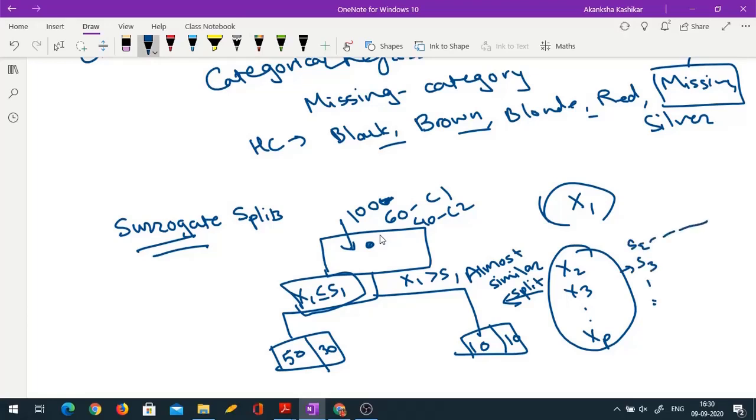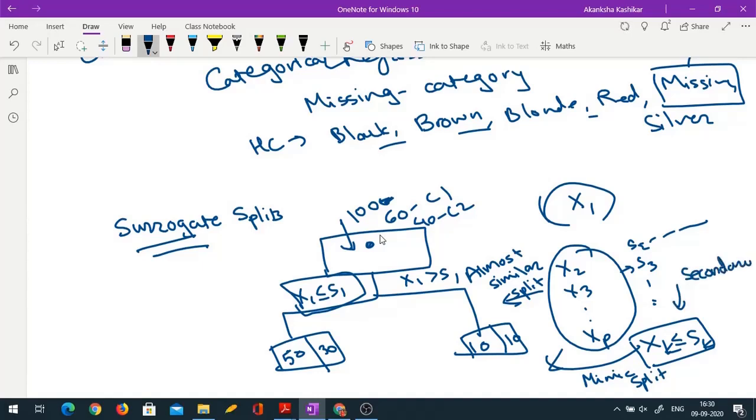In fact, you will have to try multiple thresholds. Can you find a pair, xk and sk, such that with xk less than or equal to sk you can almost mimic this split? Then that would be known as a secondary split, or secondary splitting criterion.